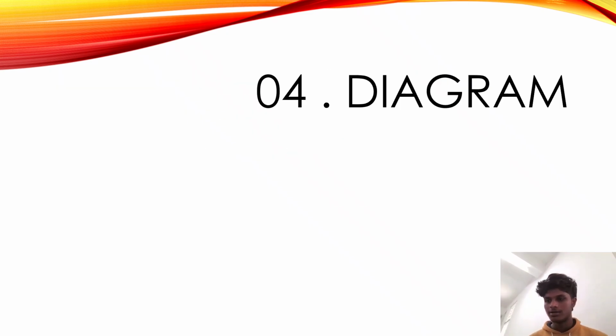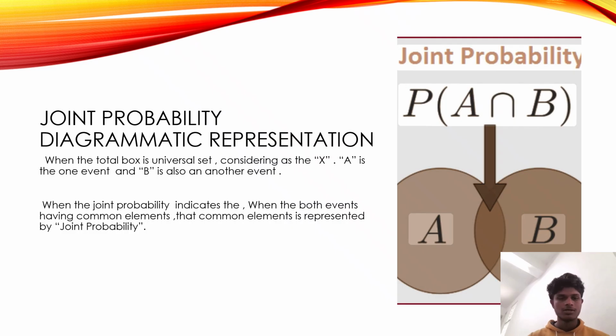Fourth one, diagram. Joint probability diagrammatic representation. The total box is the universal set, considered as X. A is one event and B is another event. When the events have common elements, those common elements are represented by the joint probability. Visual representation: joint probability can be visualized using a Venn diagram, where the intersection of circles represents the simultaneous